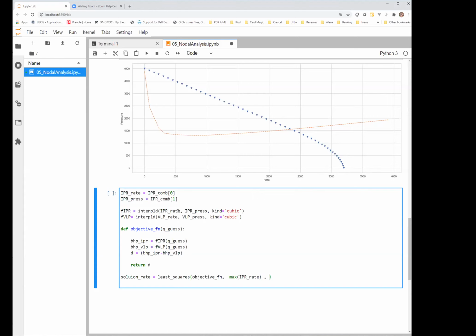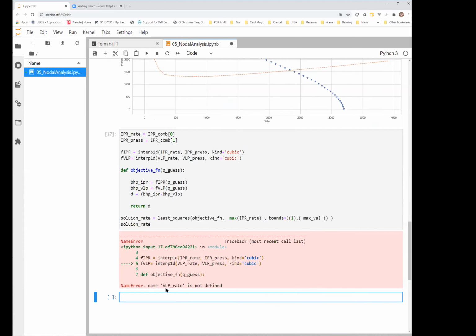And there is also an argument, it's optional, which is the bounds. This is for the optimizer. So I'm going to be searching for my solution in this domain, I would say between 0 and the maximum rate. In other words, I don't want you to start extrapolating here. So if everything works fine, and I hope so,